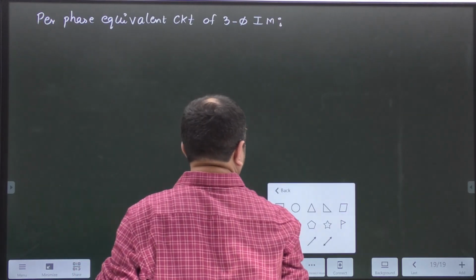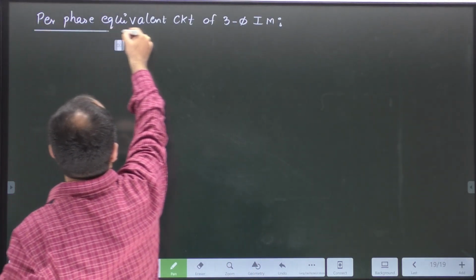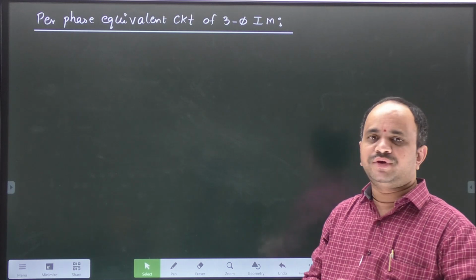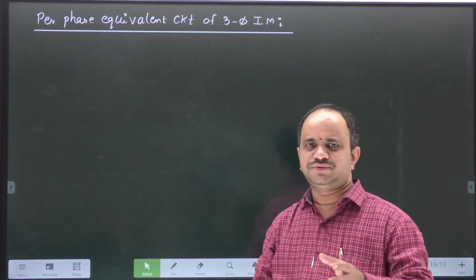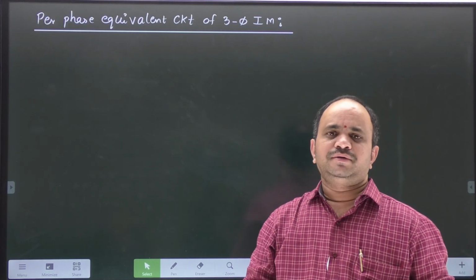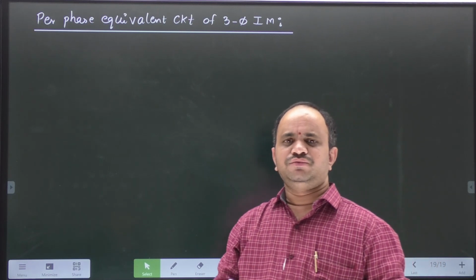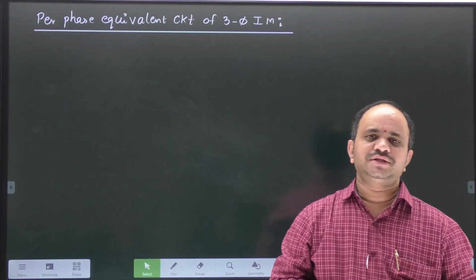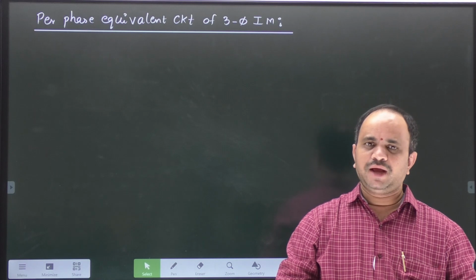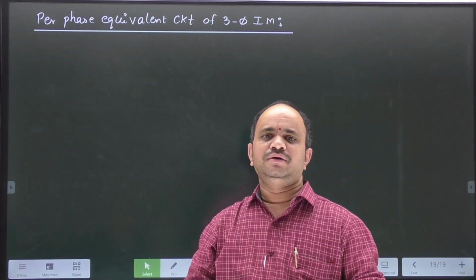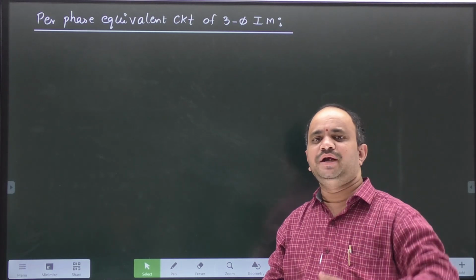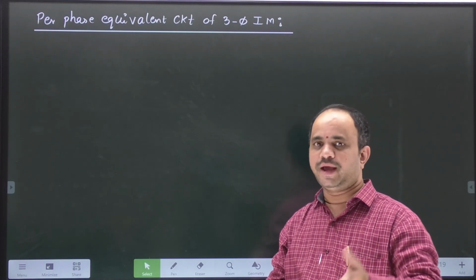induction motor. So probably in your induction machines class you might learn what is the working principle of 3-phase induction motor. Just let me recollect once just for the convenience of understanding this particular topic. Suppose whenever a 3-phase balanced AC voltage is given to 3-phase distributed winding of stator of an induction motor, then what will happen? A rotating magnetic field will produce, right? So that magnetic field will rotate at a speed 120 F by P in the air gap, where that speed